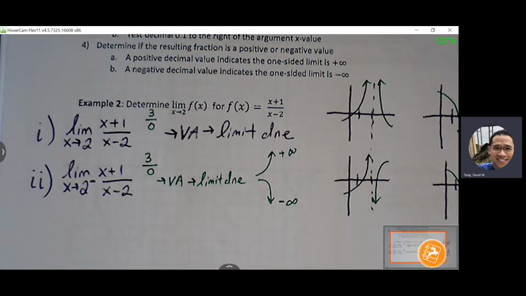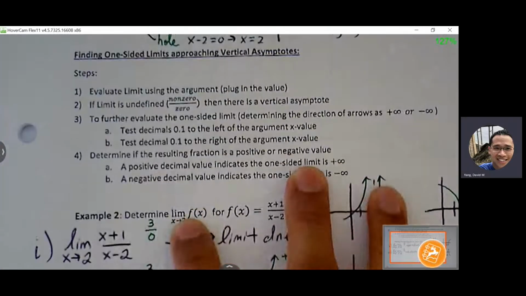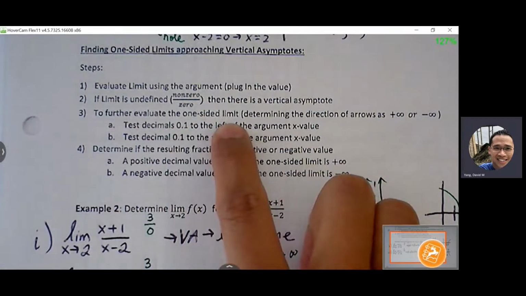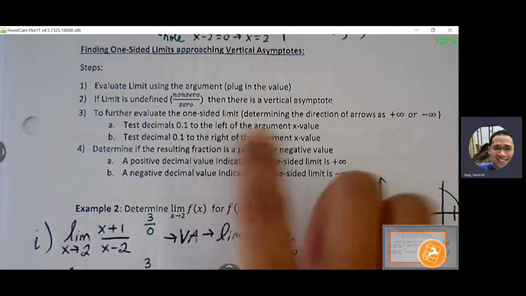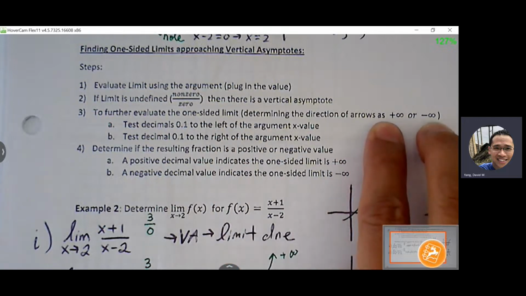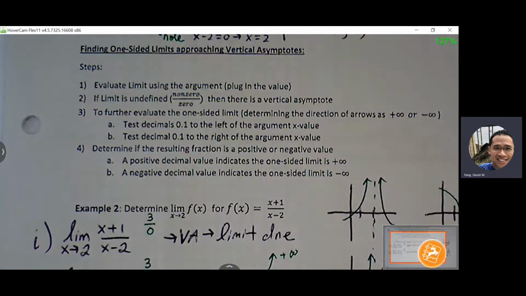Now, if we had the graph in front of us, we could just easily tell, but we're trying to do this numerically, algebraically, without the use of a graph. And if we're choosing between our 2 options here, this is the method that we're going to practice using. Okay, so this goes up to the step we have here. To further evaluate a one-sided limit, especially if we know that we're choosing between positive and negative infinity because there's a vertical asymptote,